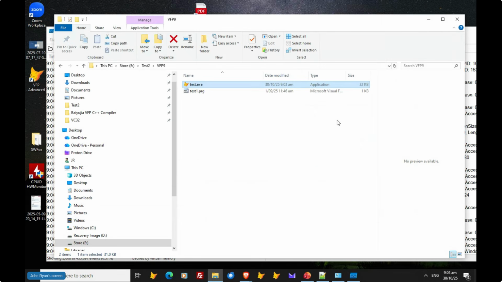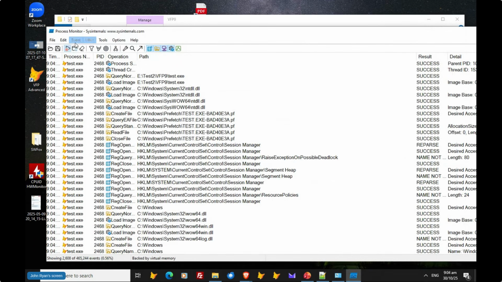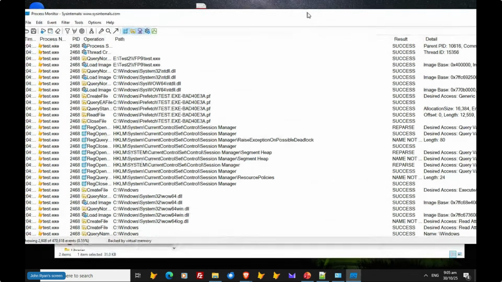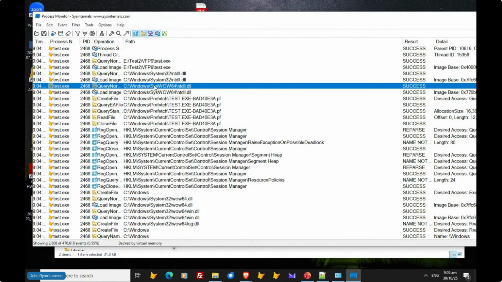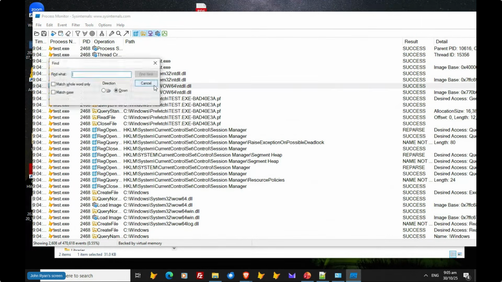And I then close it. And it's a pretty basic application. I'll stop that now because it's up to 500,000 events. So this is all the stuff that the VFP9 application has been doing. And I'm sorry, but this is bad. First of all,